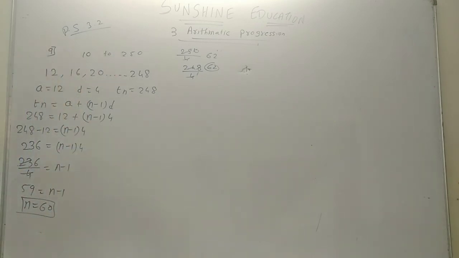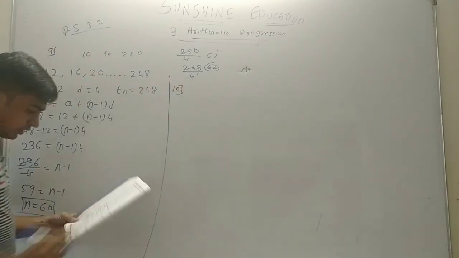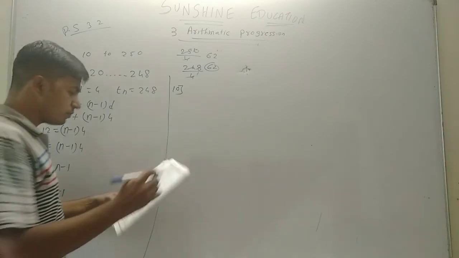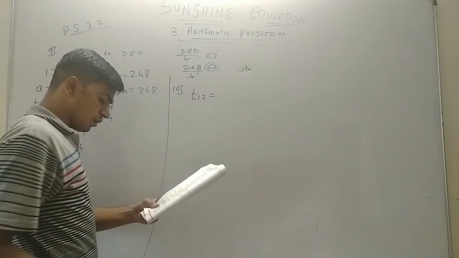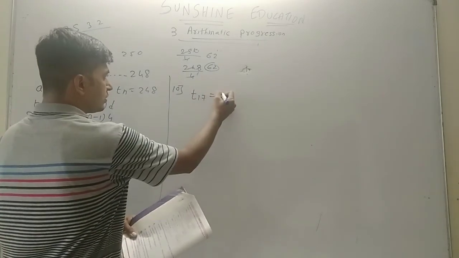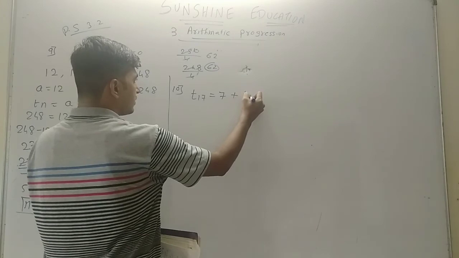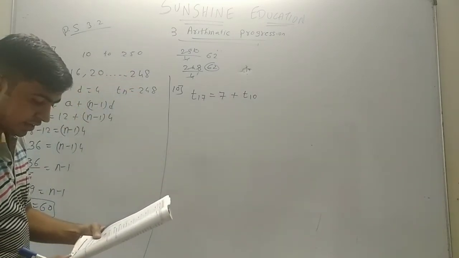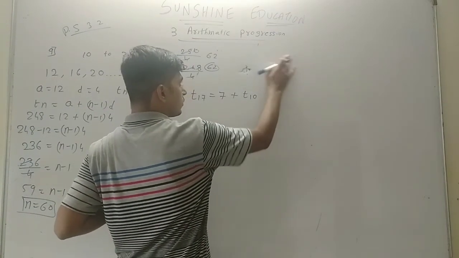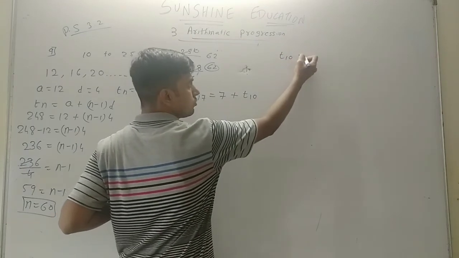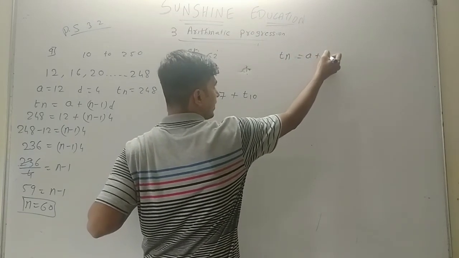Okay. Now we will move to the next one, that is the 10th one. So what is there in the 10th one? In an arithmetic progression, 17th term T17 is equal to 7 more than, 7 more means plus sign, its 10th term. Okay, find the common difference. See, pay attention. If it is T10, so what is the formula for T10? First of all, what is the formula of Tn? It is a plus n minus 1 d.